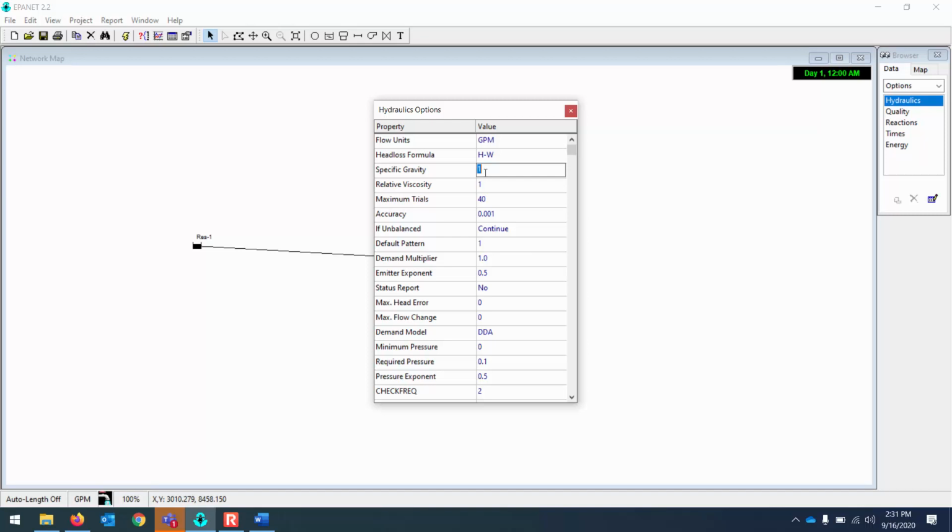All right, so right now it's set to 1. That essentially means that it's assuming the fluid is water. But if we wanted to simulate mercury, then we would change the specific gravity to 13.56. By doing that, the system knows to use a specific gravity that's 13.56